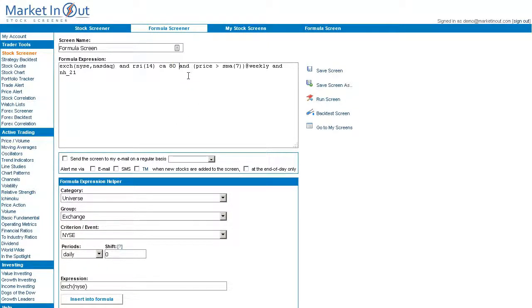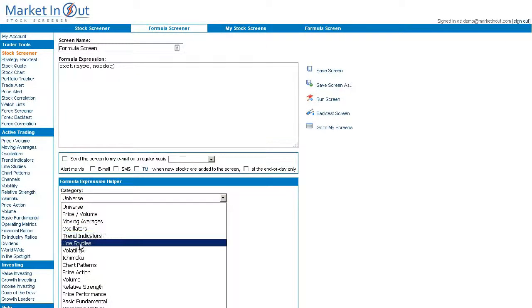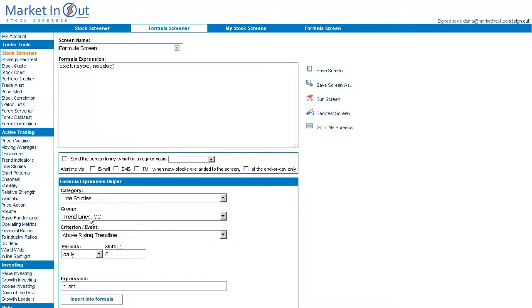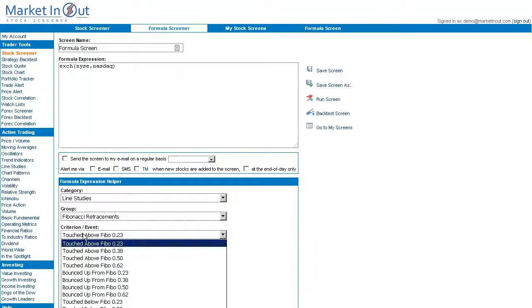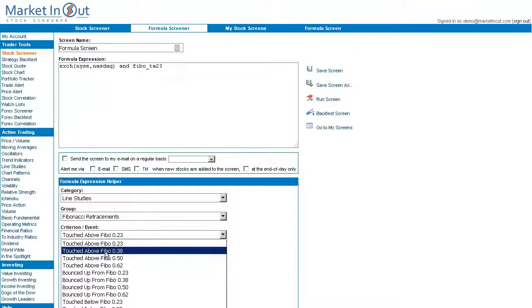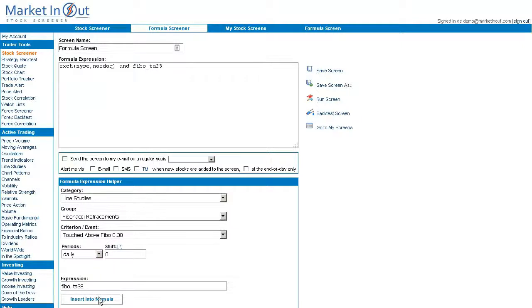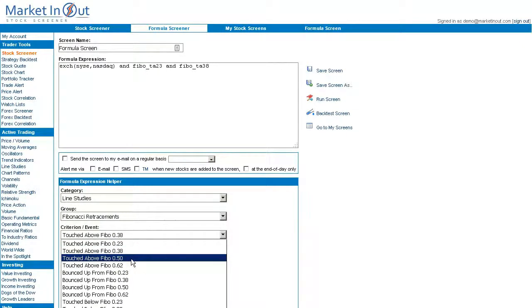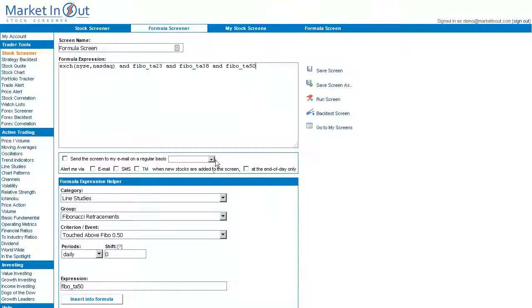Now, let's review how to use the OR condition in the Formula Screener. Let's change the expression. I will delete the RSI, moving averages, and the new high criteria from the corresponding category, and I'm adding price touched 0.23 Fibonacci retracement level. Then I will add price touched 0.38 Fibonacci level and then price touched 0.50 Fibonacci level. Then I will change the AND to an OR,